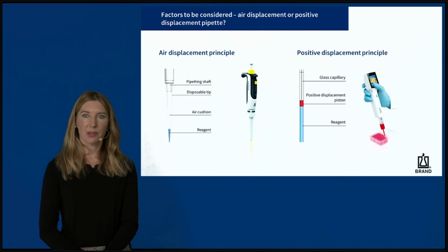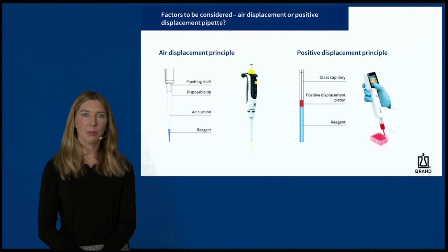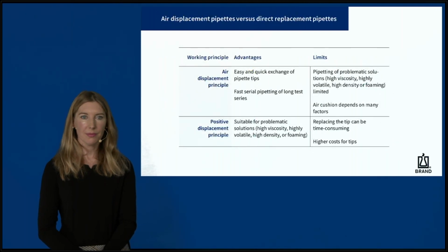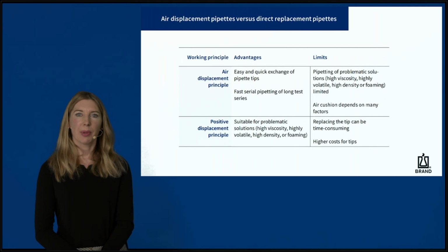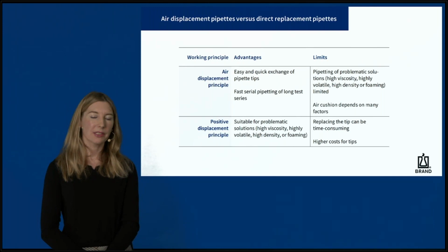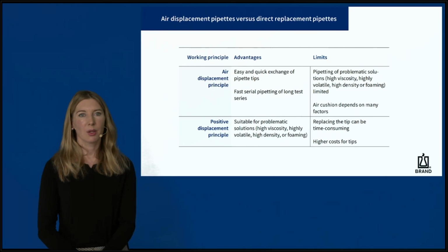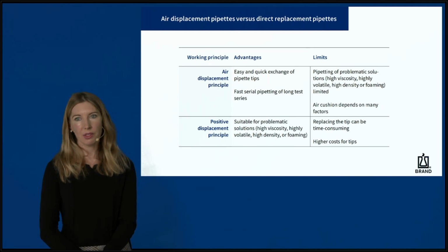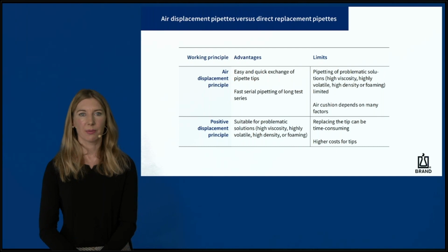The piston, which is built into the device in an air displacement model, is located in the tip cylinder in positive displacement models. This plays a role, for example, for the extraction of DNA from whole blood. In summary, air displacement pipettes are the right choice when tips must be changed all the time, as for example when adding different DNA to the different wells. Positive displacement pipettes are better for pipetting foaming or viscous media and preventing cross-contamination, as aerosol contamination can also be an issue not only with pipette tips but also when using filter tips.